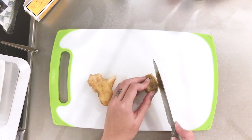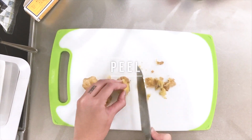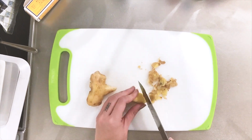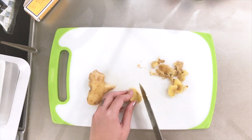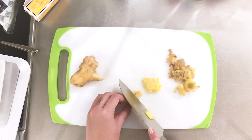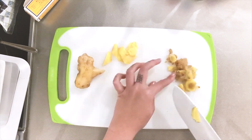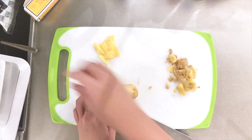Next, we want to peel some ginger, and I'm using a knife now, but later on I teach you guys a really nifty trick that I've learned from my mom. And that is to use a spoon to peel it instead. Now we are slicing the ginger really thinly because we want to fry it later on and get that nice